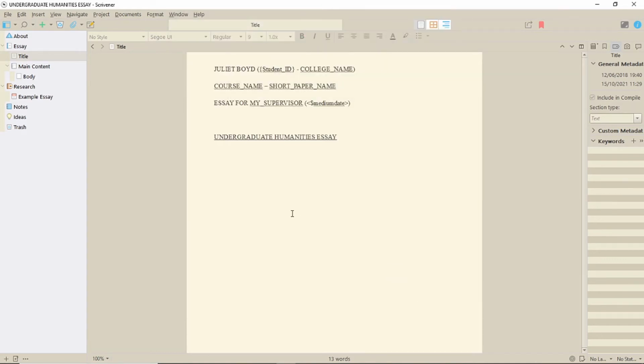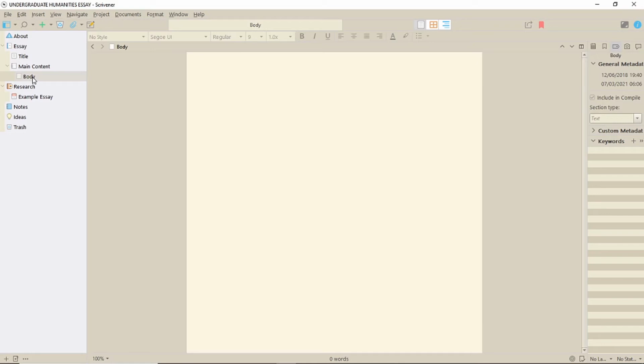The other information on this page is intended only to be a prompt for you to fill in or change, apart from the date field, which will automatically date this project with the current date on compile. Everything else should be typed in the body document under the main content. Just ignore me inputting dummy text in the background.